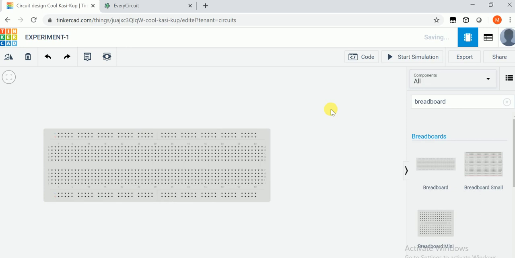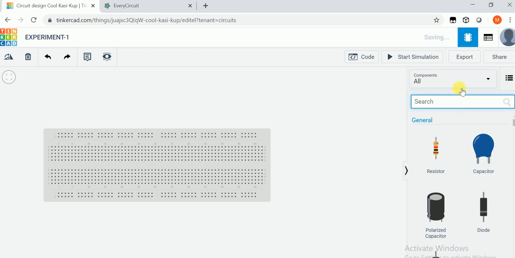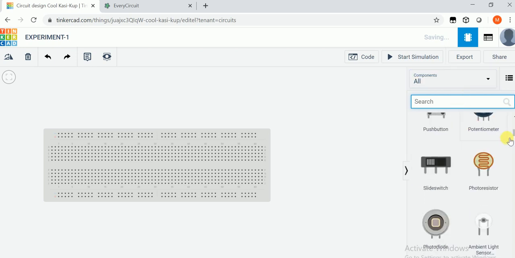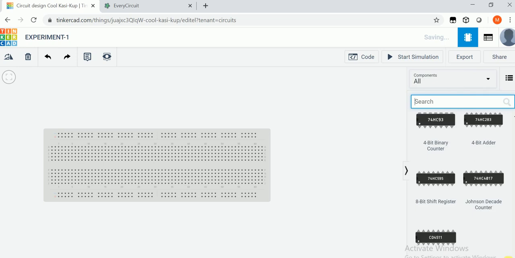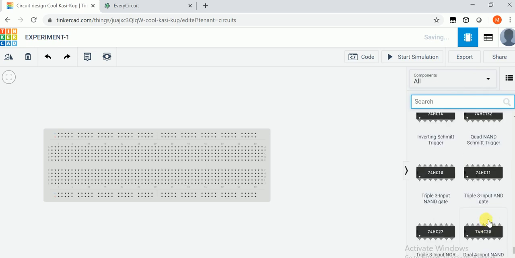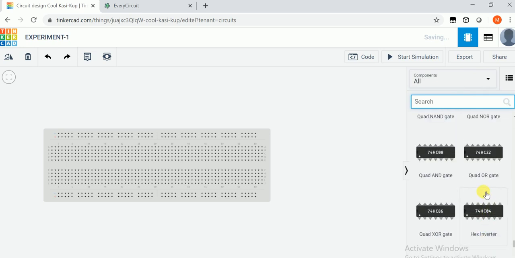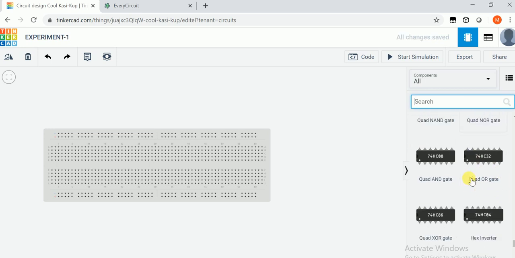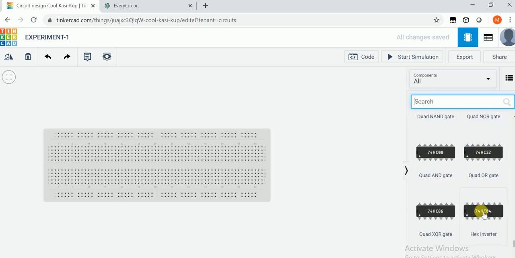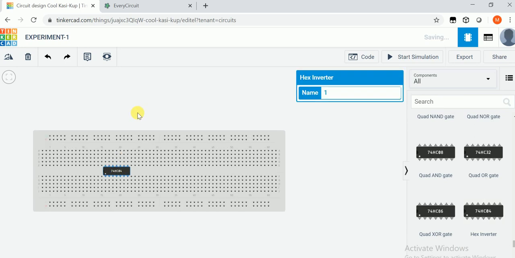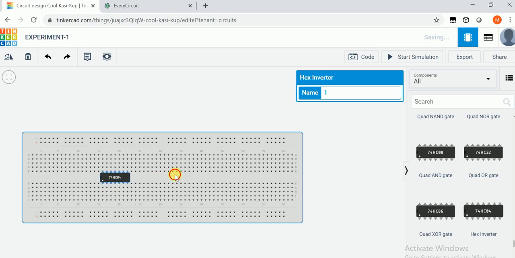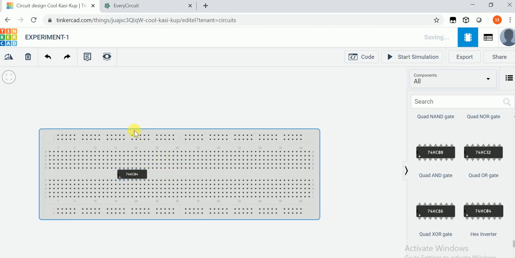Now the second thing we need is the inverter IC. So we will go to the logic circuit part and see where the inverter IC is. This is the 7404 hex inverter IC. We'll put it here. You can see this creates the same environment as in the lab.